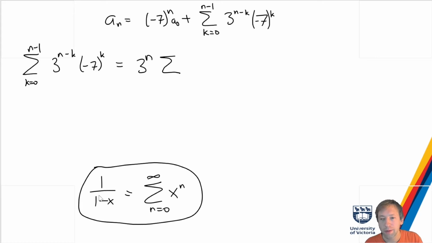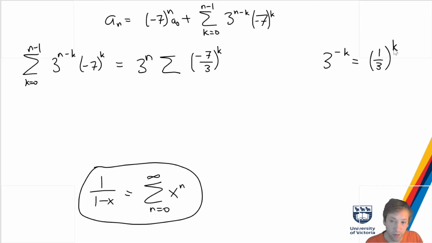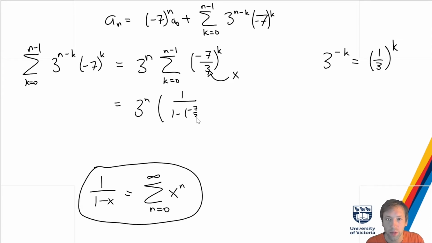And to make it look a little bit more like this, we can pull out a 3 to the n, and then what we've got is negative 7 over 3 to the k, because 3 to the negative k is 1/3 to the k, right? That's how exponents work. And that's k from 0 up to n minus 1, which is, of course, the same as, so 3 to the n, we take our infinite sum. So I think of this negative 7 over 3 as being x, and then I get 1 over 1 minus negative 7 over 3 minus negative 7 over 3 to the n,